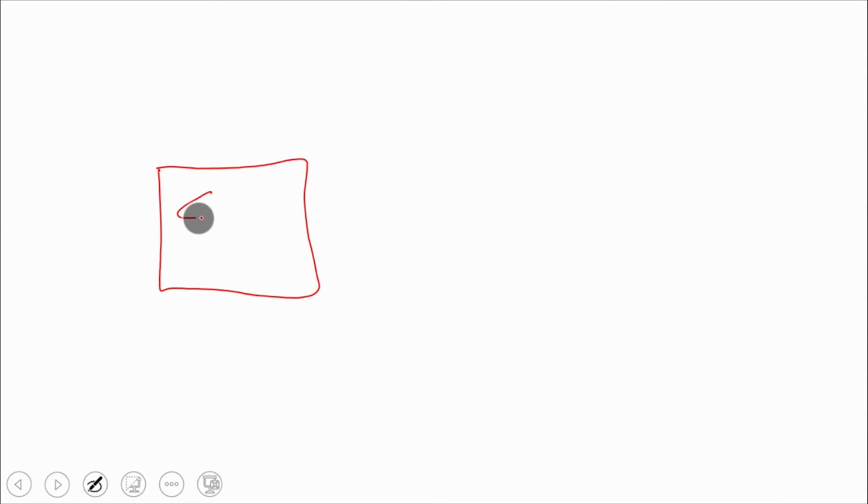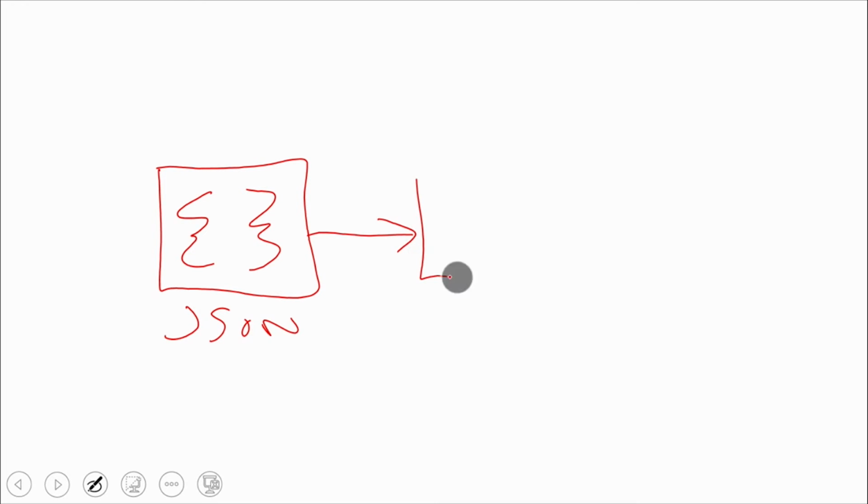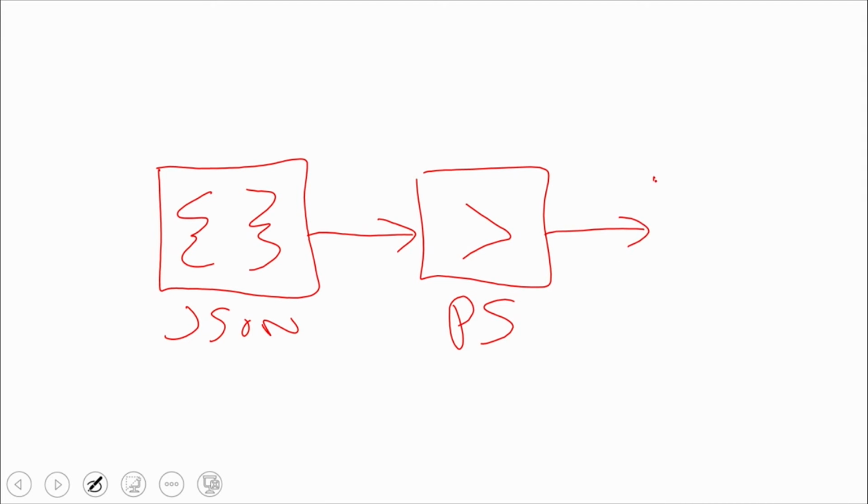So if we took a look at what that might look like, really what we're saying is we have this file over here that we create, this JSON file, and pardon my brackets, that describes what we're going to actually deploy up there. We're going to take that and feed it into a PowerShell command, right? And that PowerShell command is basically just going to say, go get this template from this location. Hopefully it's version controlled in some respect. It's going to grab that template and then it's going to give it to the Service Management API or the Resource Manager over in Azure.